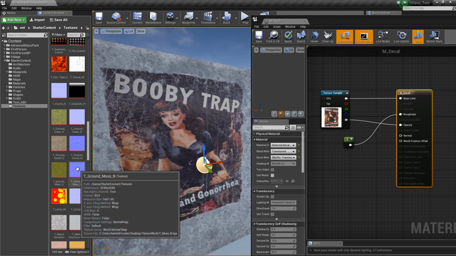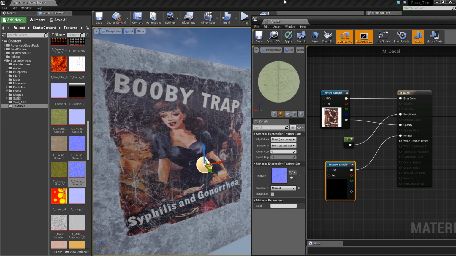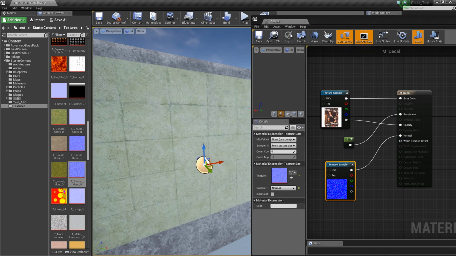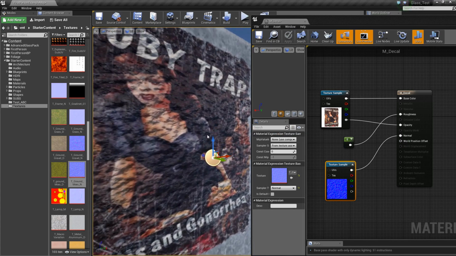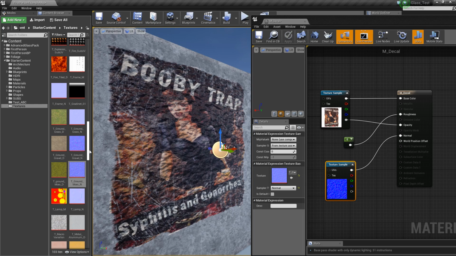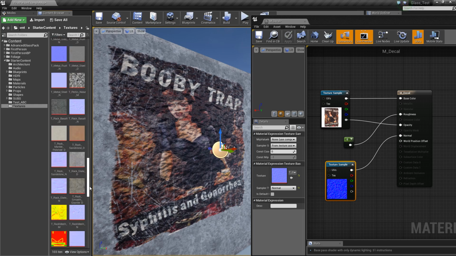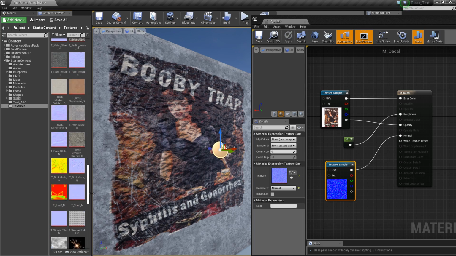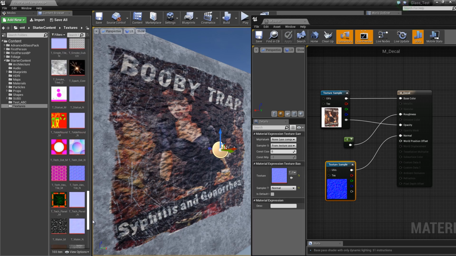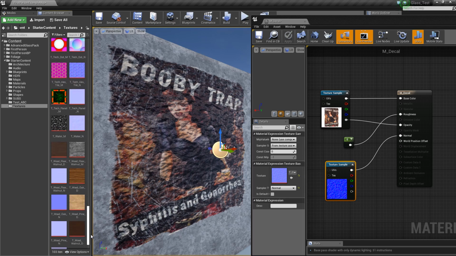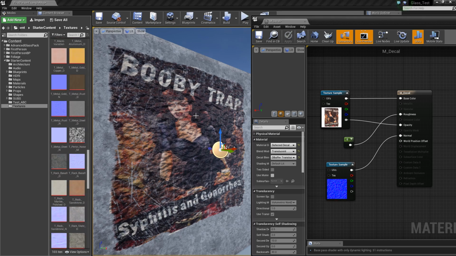So I'll just take this one just as an example and plug it in there, apply that, and it's obviously crazy because of what it is, but you get the idea. So if you did have a suitable texture, I'm still looking down here for one. I don't think there's any. No, there's not. So if you had a suitable kind of canvas texture or paint swirls or whatever,